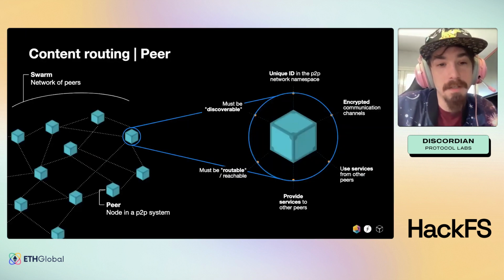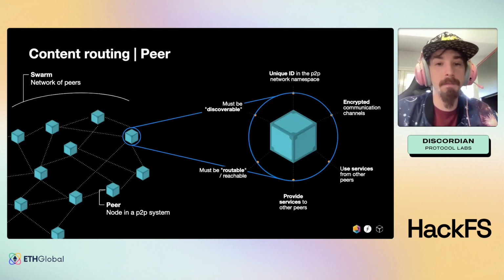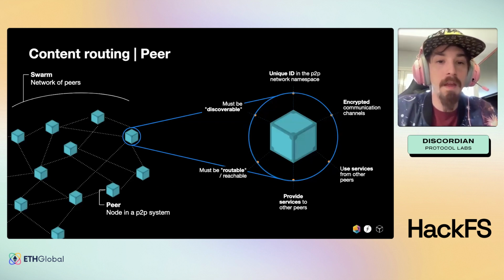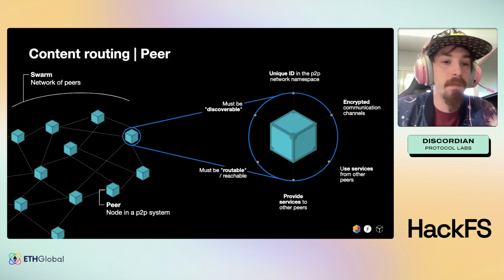Peers in a peer-to-peer system are nodes that are connected to other peers to form a network or swarm. Forget for a moment about IPFS and think about a group of people. If I want to address a person and communicate, it helps if I can identify them, for example, by their name. If we share a common language so that we can communicate, and if we have ways to verify that we are who we claim to be.